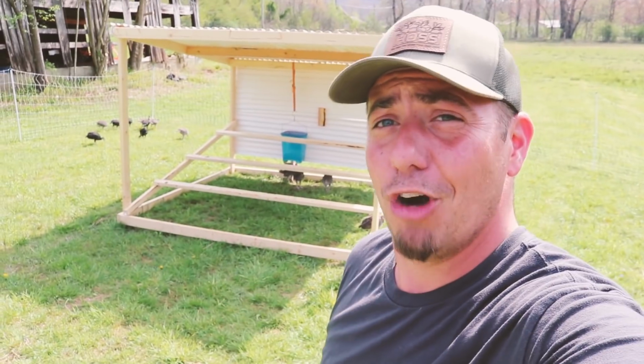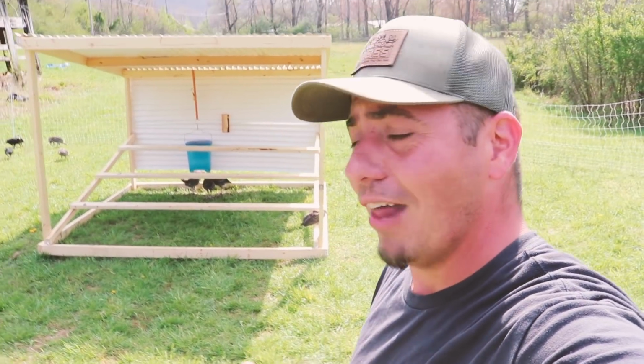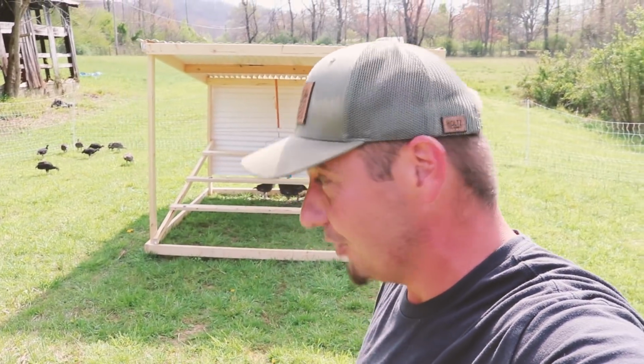They like getting the smaller birds. They like grabbing the smaller birds up. I promise you this is facts. If a hawk does try to grab a bigger one, it might try, but it will drop that chicken slash turkey slash guinea. So, not a huge concern for turkeys with your flying predators because they are so large,